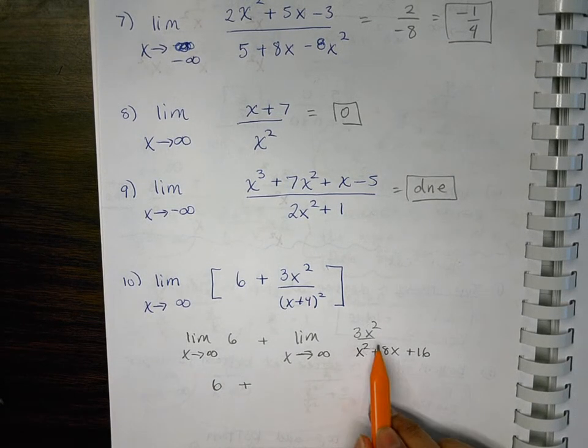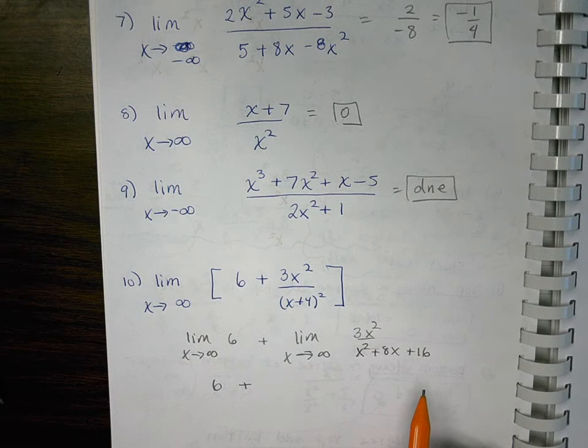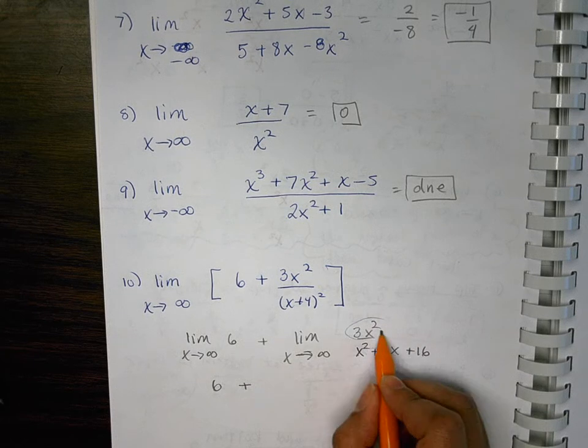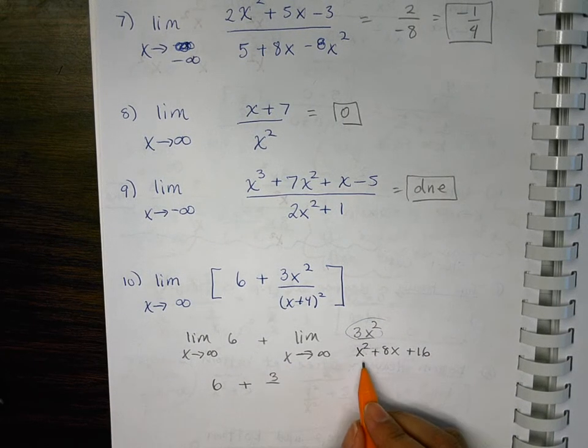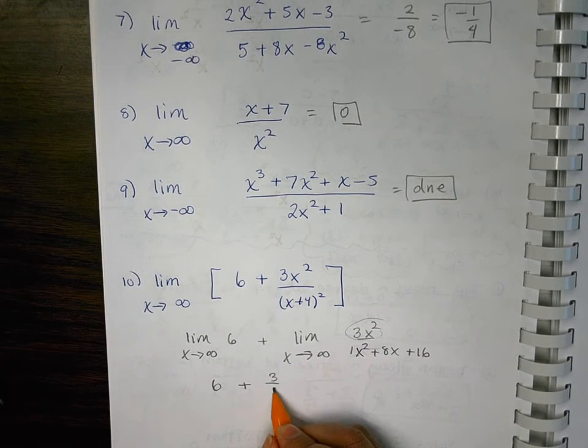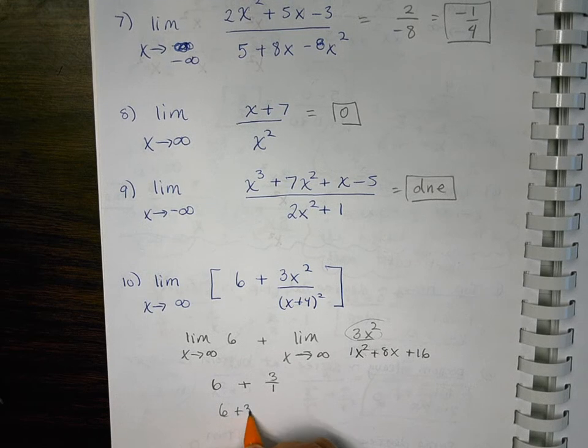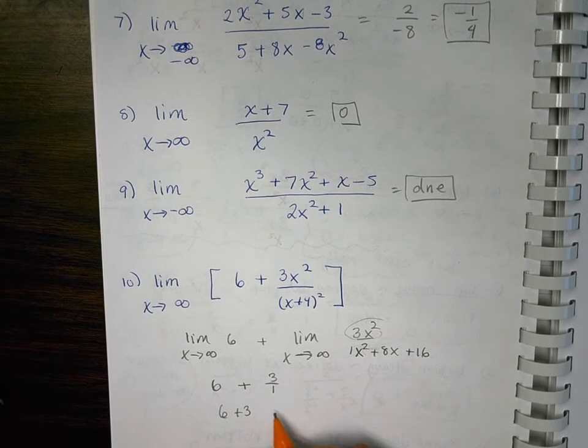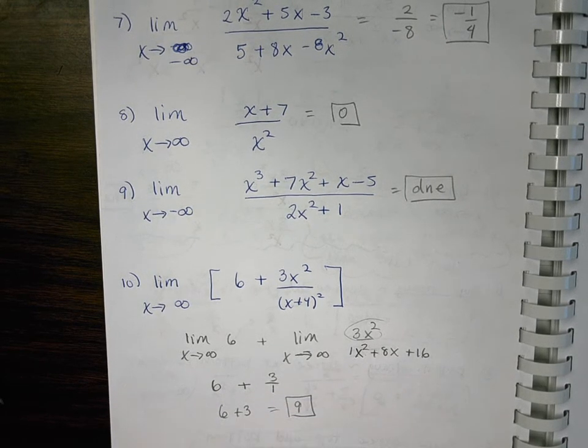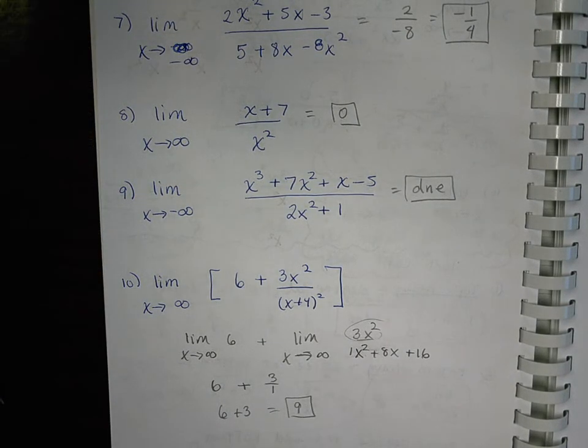Plus, what do we have here? Top heavy, bottom heavy, or the same? Same, and when it's the same, we take what? Leading coefficients. What's the leading coefficient at the top? What's the leading coefficient at the bottom? And 3 over 1 is just 3, and 6 plus 3 is 9. Make sense? All right. How many